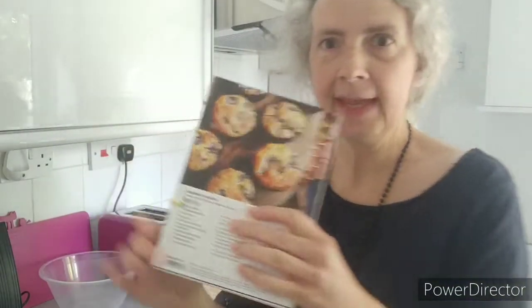They're WW blueberry muffins, and I've got the recipe here on a recipe card,